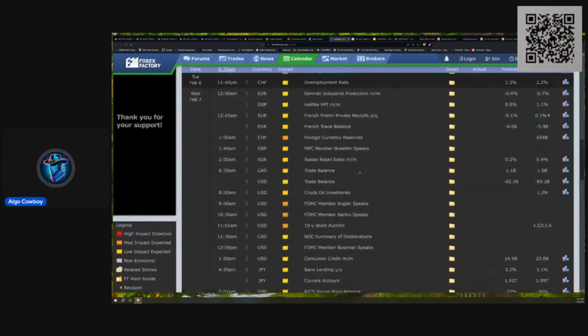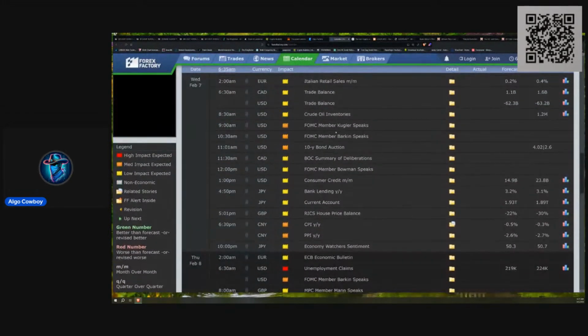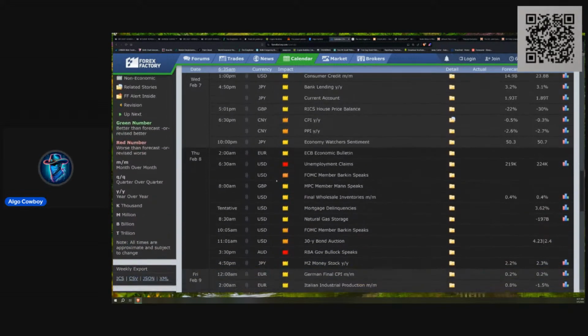Wednesday is going to be fairly quiet, which might be a great day to trade without too much going on. You got a couple of FOMC members talking, and unless they say something outrageous that probably won't interrupt too many things. You have the unemployment claims every Thursday at 8:30 a.m. EST, so that will have an effect, although it's a weekly metric, so it's probably not going to push things around too much. That's something that happens every week.